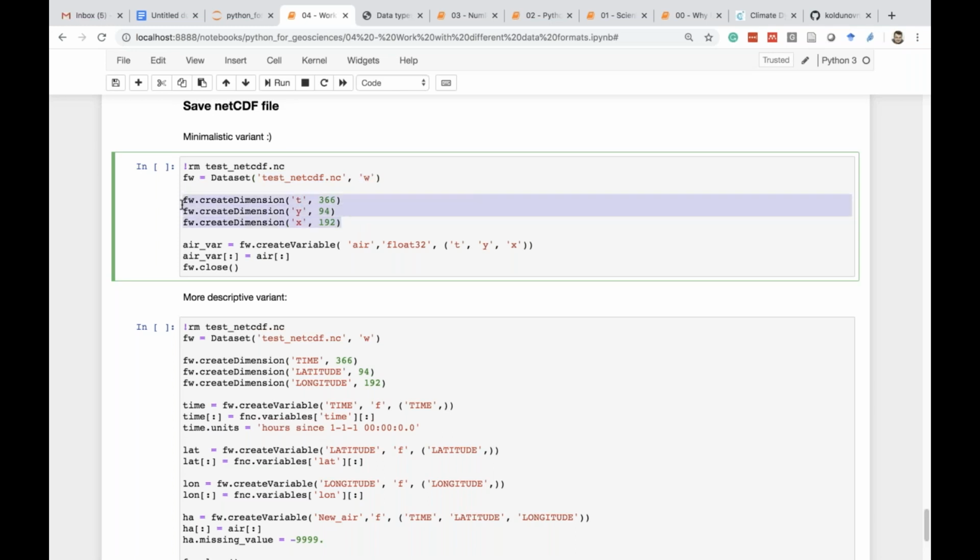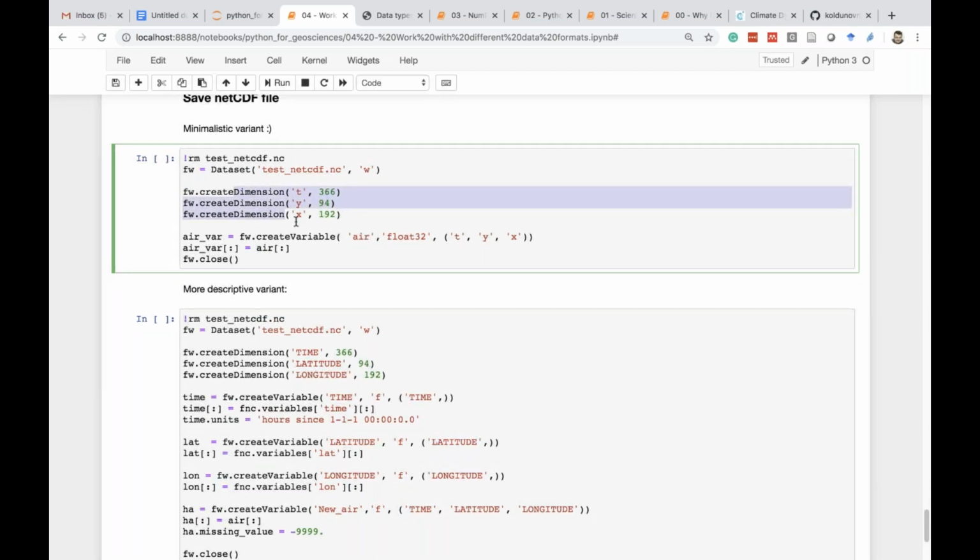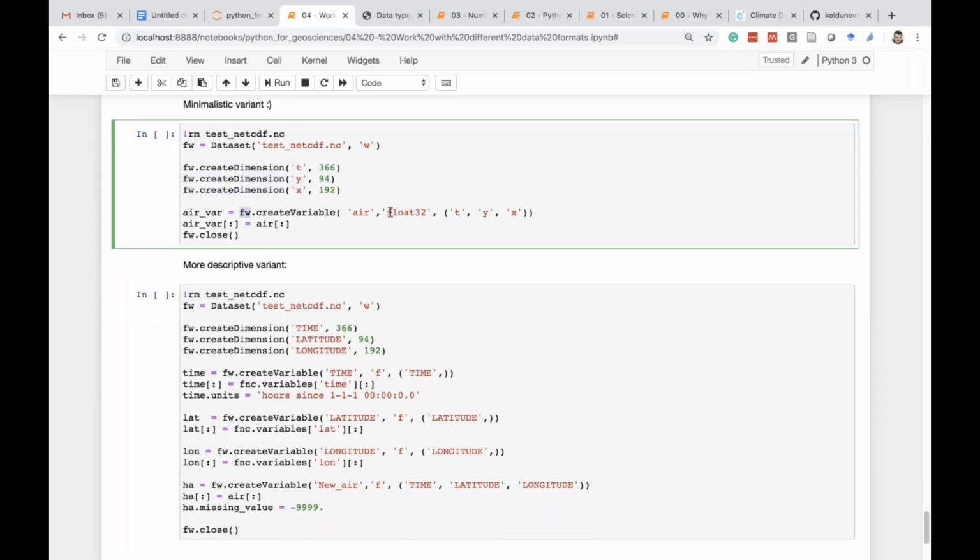You create dimensions. Again, not going to go into the details of Netcdf files. For those who understand it, I think it would be clear. So you create 3 dimensions, because this is how many dimensions are in your data. Then you create the variable, and you say that it's called air, will be float32, and it will depend on these 3 dimensions. And then you put the data from our actual variable to this Netcdf variable, and then you close. And if you execute this,